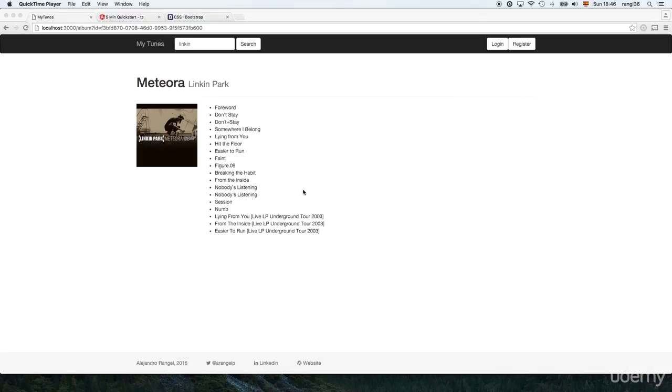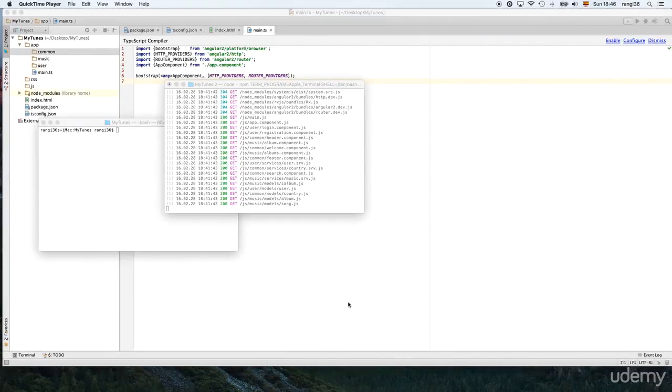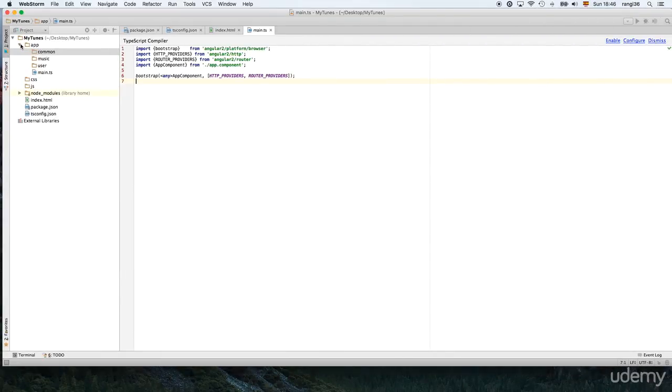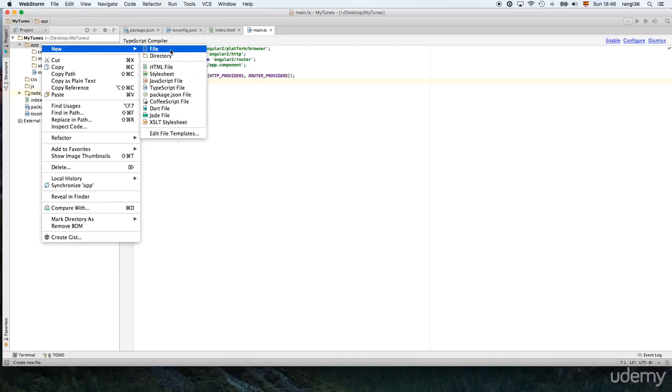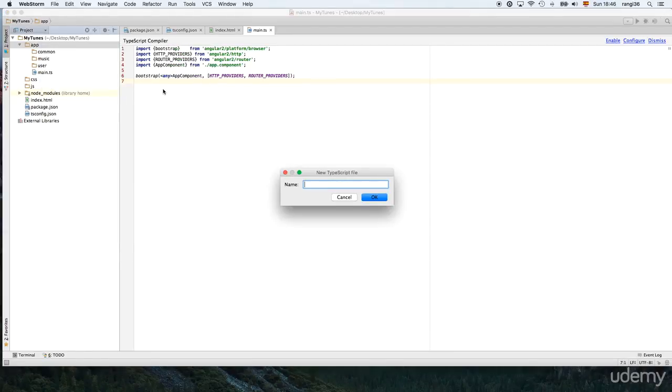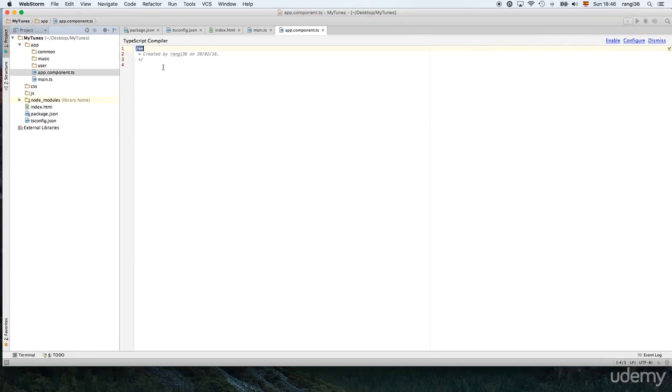In this section, we are going to start coding all our components. So let's start with the main component of our application, that is going to be the app.component.ts. So let's go to WebStorm, and in the source folder, we should have app.component.ts. If you remember from other lessons, we should always import